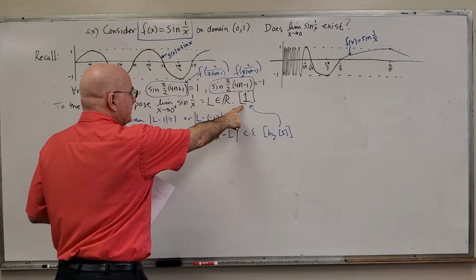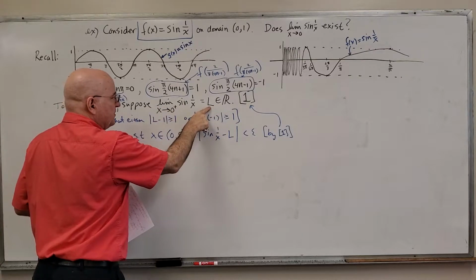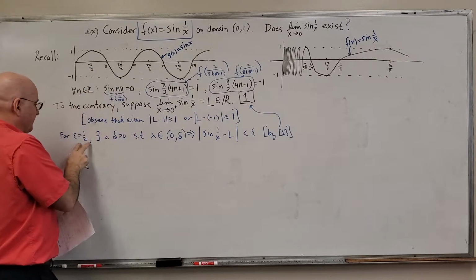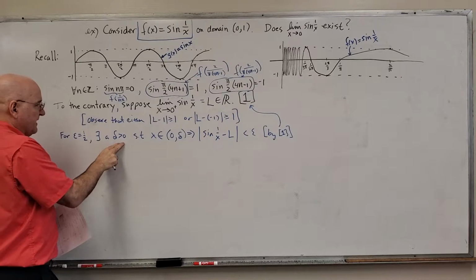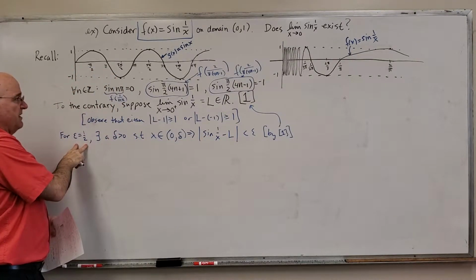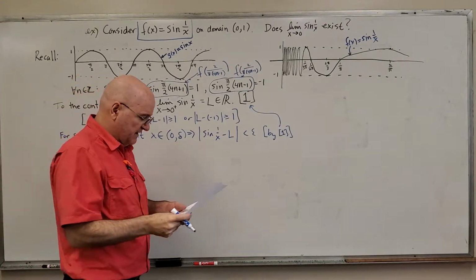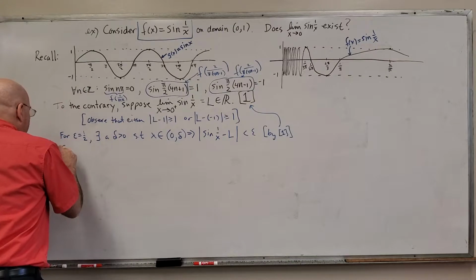I numbered this statement 1. Since we're assuming that the limit exists and equals L, that means that for any epsilon I choose, there's a delta such that this holds true. Because this is true for every value of epsilon, assuming that limit exists. And we'll reach a contradiction in a minute. So now, choose